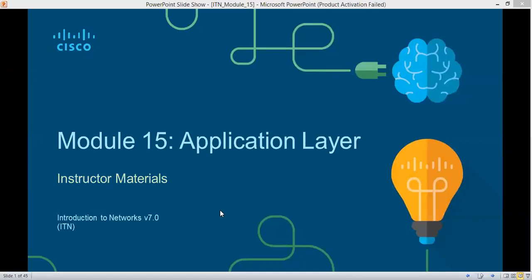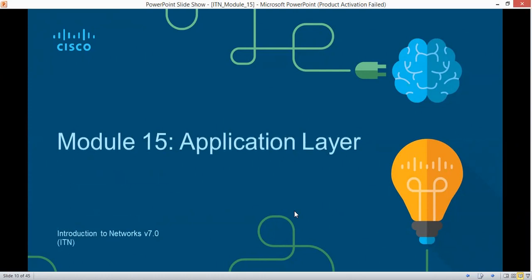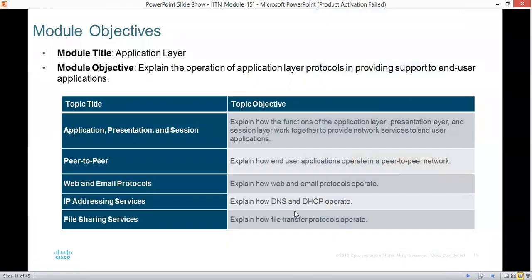Okay, so module 15 is the application layer, and the application layer on the OSI model is the last layer. For the TCP/IP, you have the application, presentation, and session layers of the OSI matching side by side with the TCP/IP model. So the objective is to explain the functions of the application layer, looking at the presentation